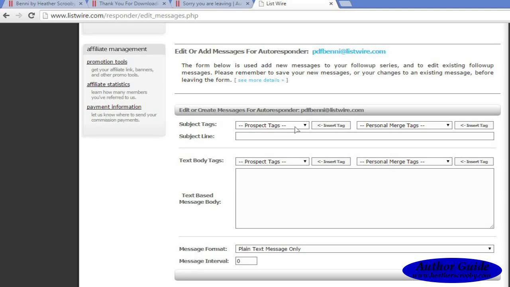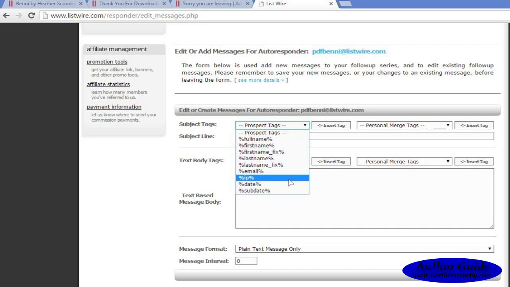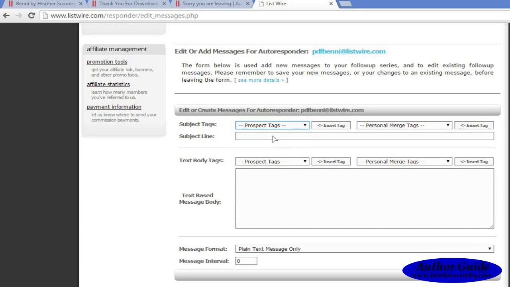You'll see you've got quite a few things here. The first thing is your subject tags, where you've got the option to fill in quite a few details. These are all personalized tags. Now, in my case, I always like to personalize things, so I'm going to get first name, insert tag, and I'm going to write here